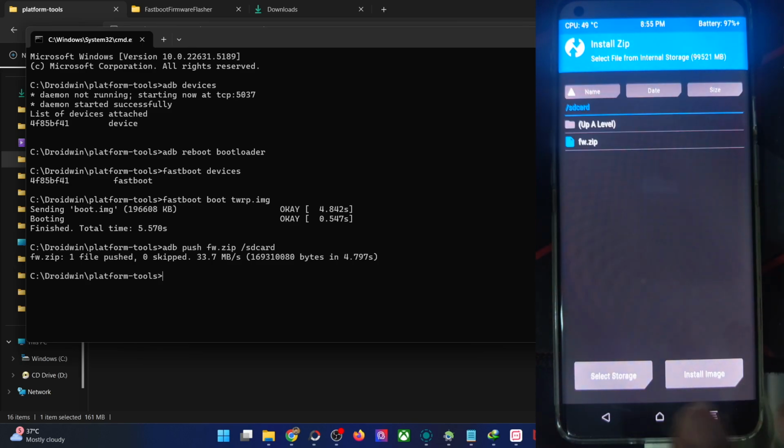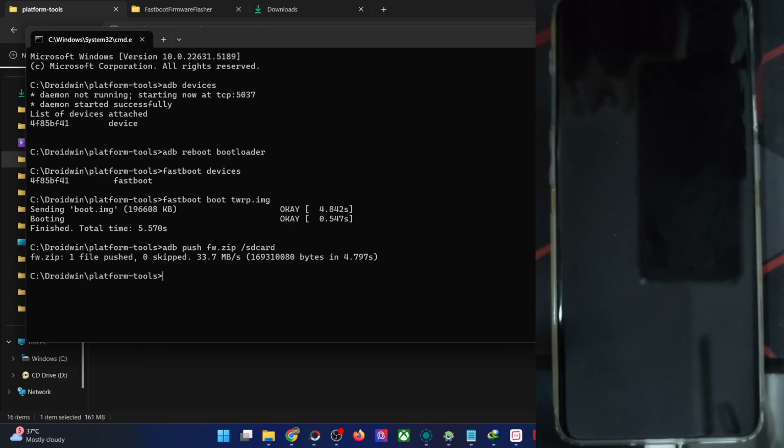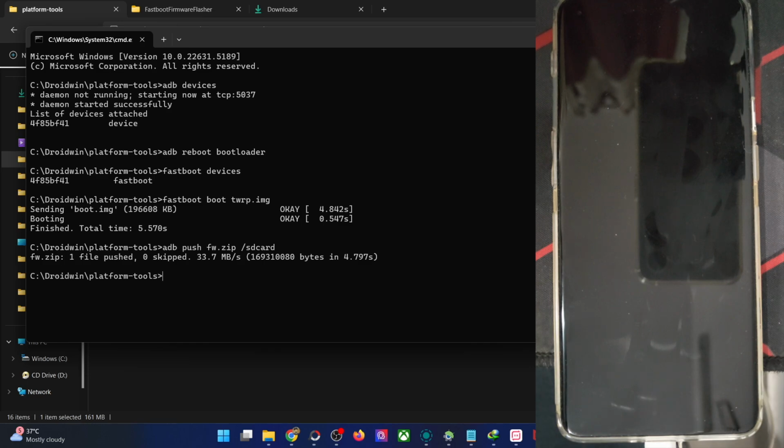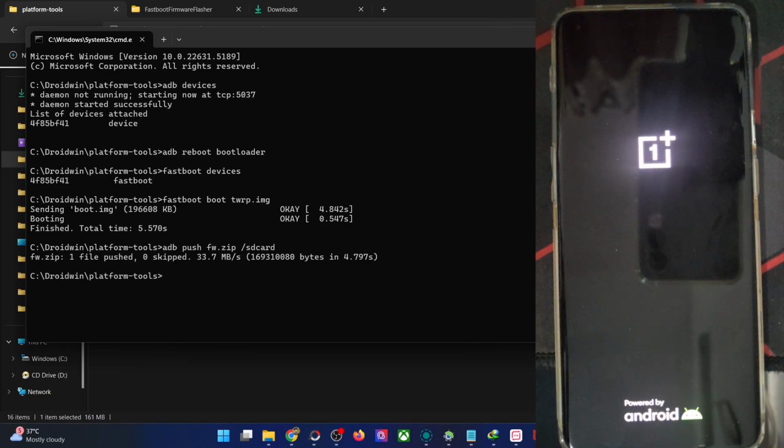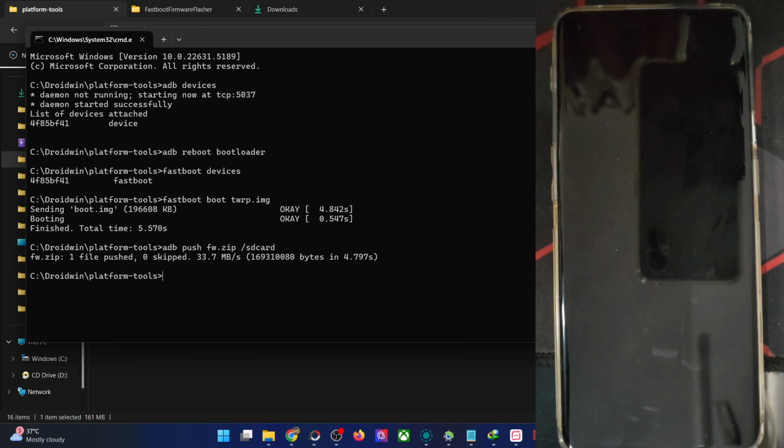Finally, tap on back, go back, reboot to system, and hopefully the warning sign will now be gone from our phone. Let's verify that as well. After this screen, the warning appears. So let's see what happened this time around. The warning should not be here now, and it will take a few more seconds for the phone to boot to the OS. So as you could see, the warning sign was no longer there. So we have removed the warning from our phone, and our phone will now boot to the OS directly.